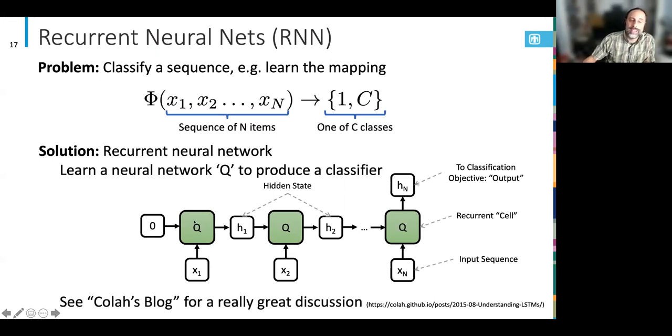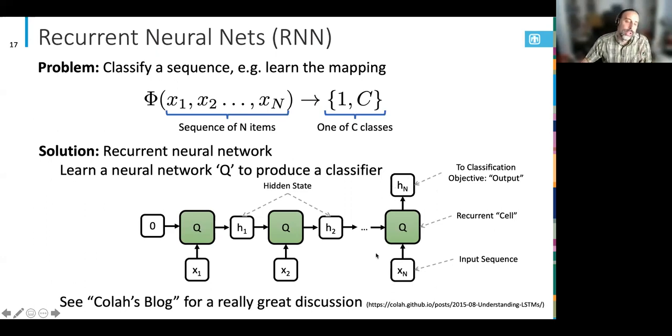So basically, this cell is sliding over the sequence, and you iteratively maintain a hidden state based on the observed values in the sequence. In the final layer, you have the output of the hidden state,